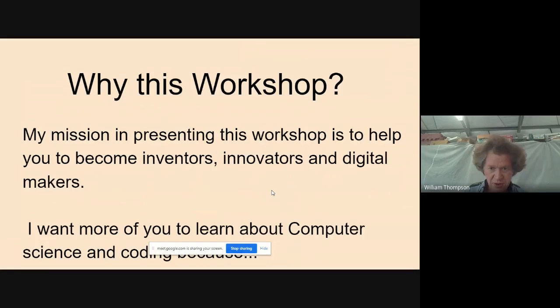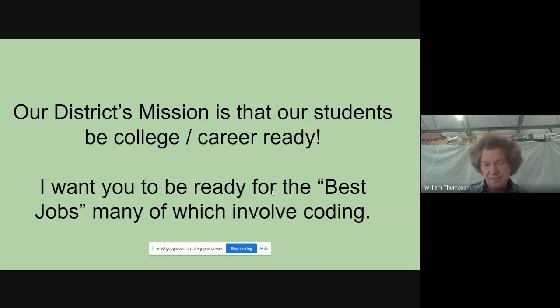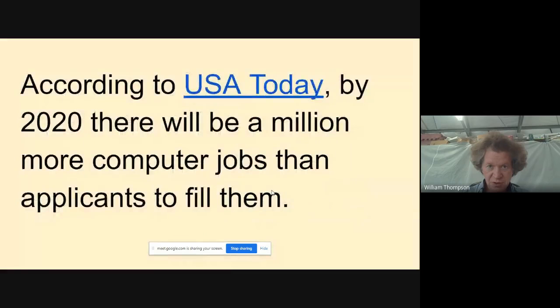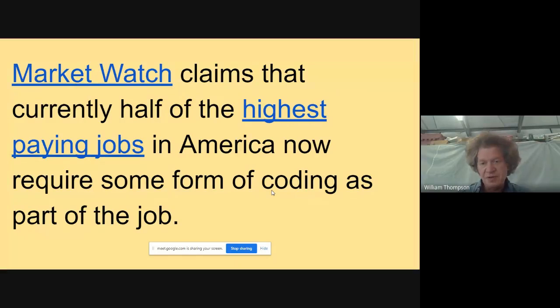And I want people to learn more about computer science. As I said yesterday, our district's mission is for students to be college or career ready, and I want students to be ready for some of the best jobs, which involve computer coding. There's a lot more computer science jobs out there than there are applicants to fill them. And a lot of high-paying jobs, even if they're not computer science jobs, involve some form of coding because we have so many programmable devices these days.